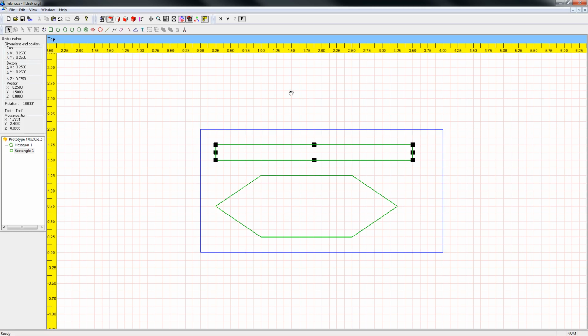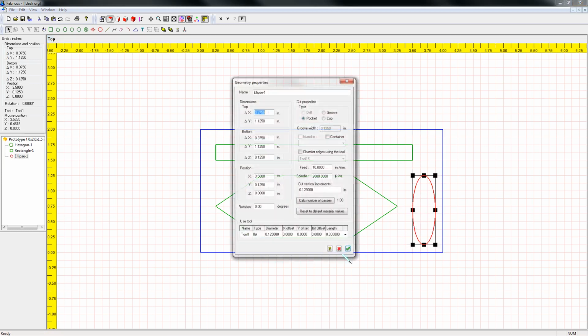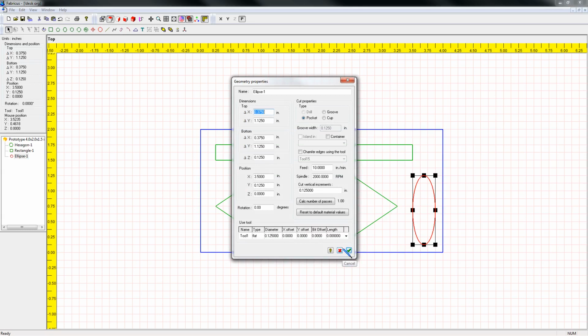So here in the top, we're going to add elliptical geometry, and we're going to draw an oval on the bottom right corner. We're going to double click that, and we're going to change some of the geometry options here. In the geometry options, we're going to select the delta Z. We're going to make sure that is 0.375, and then we'll need to make sure we select pocket in the cut types, and then we'll need to make sure that tool 1 is selected on our tool list. And once we have finished,